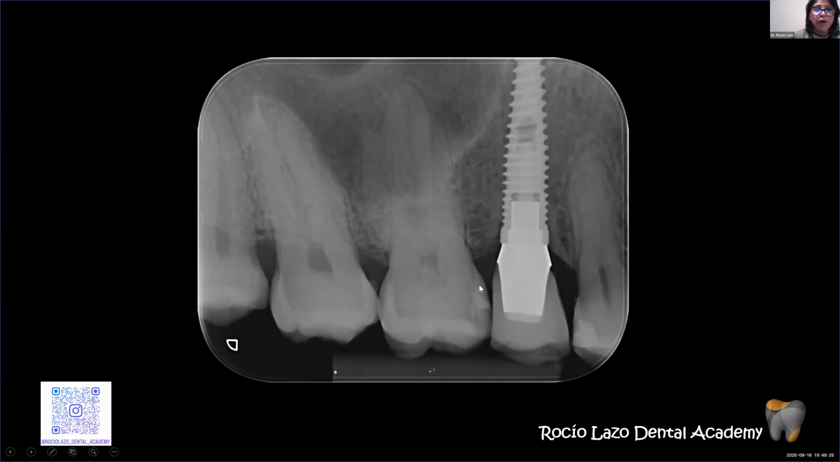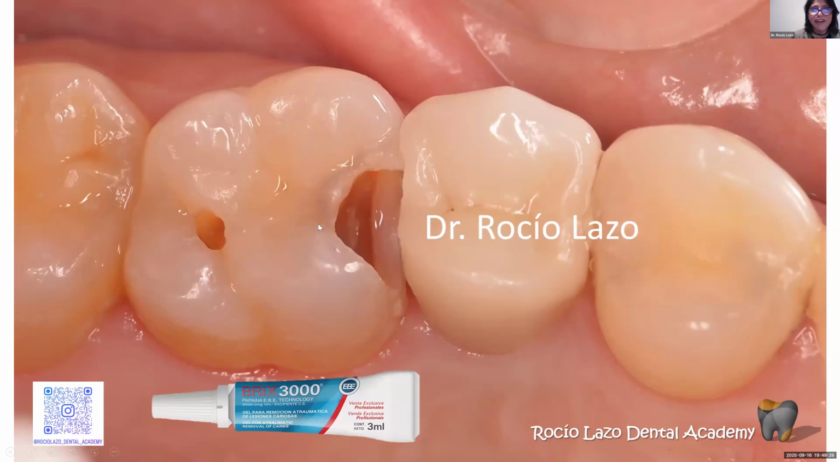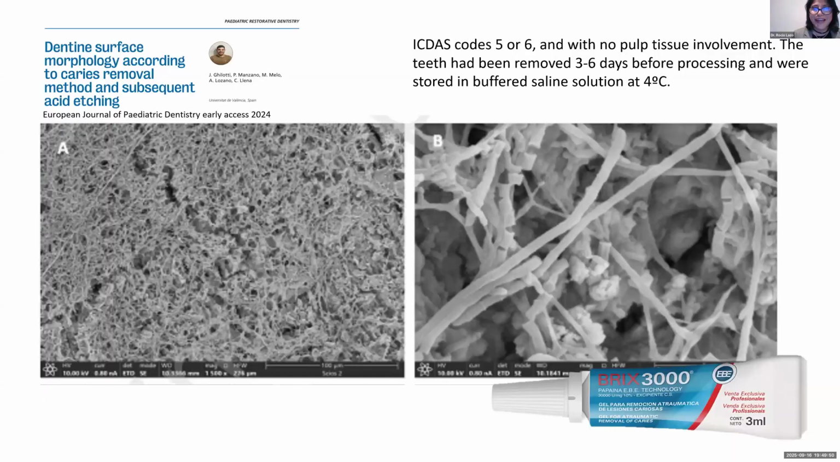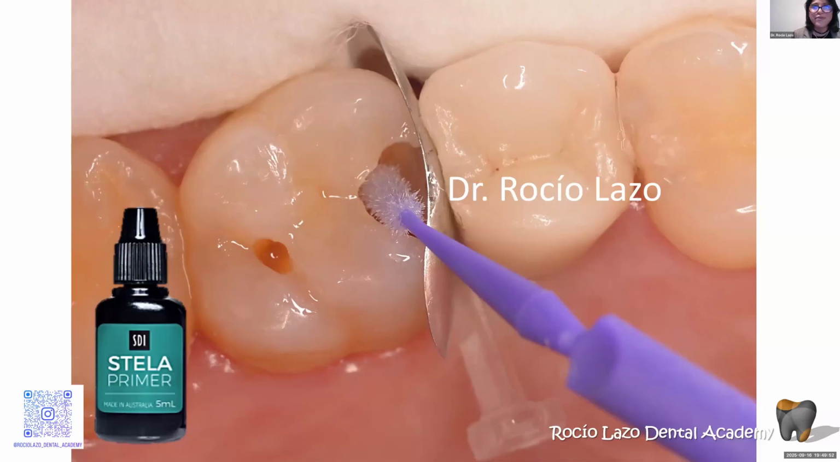Look here. This is a molar with a dentin caries lesion. And after I did a selective caries removal, look here, this is the affected dentin. My cavity is ready for Stella. First step, remember, Stella primer, 5 seconds, and then 3 seconds dry and ready for Stella, okay? This is Stella Primer,